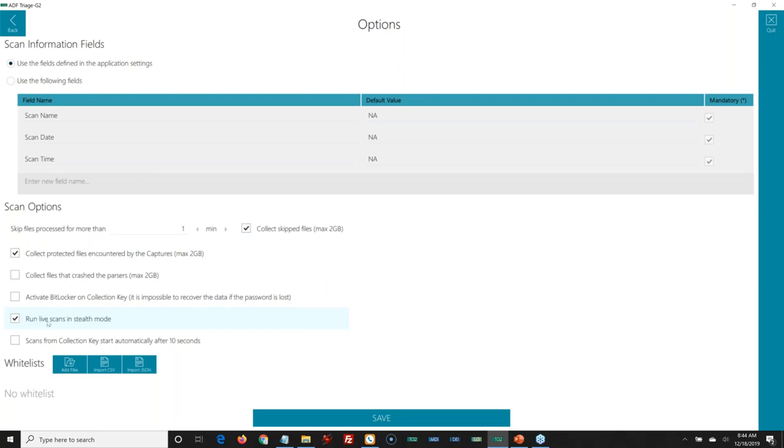So if I run this live on somebody else's computer, on the target computer, we leave no traces of a scan or ADF. Anything that says ADF or scan gets changed to something like Explorer or Command EXE. Our parsers and previews all get changed to look like system files or printer configuration files. So there's no evidence that it was our tool being run on that. Very generic.